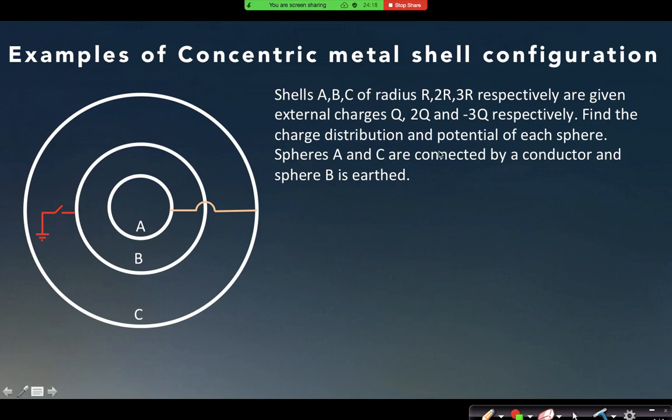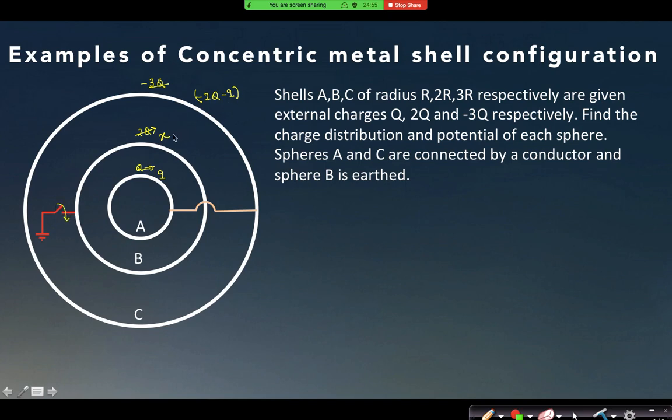I am going to only write the equations. You can solve it, I know. So the initial charges were given as Q, 2Q and minus 3Q. Now let us assume that this charge has been changed from Q to small q. So the charge on the outer surface, outer shell will be minus of 2Q minus small q. And again, this shell will now not carry 2Q charge. Let us assume the shell carries X amount of charge after I close that switch.